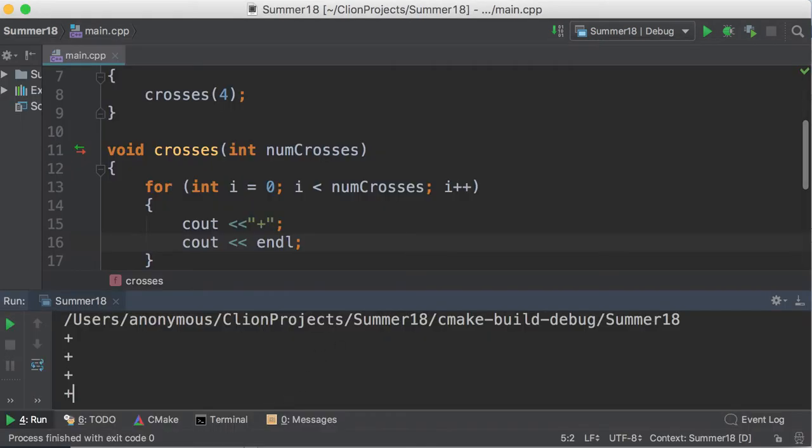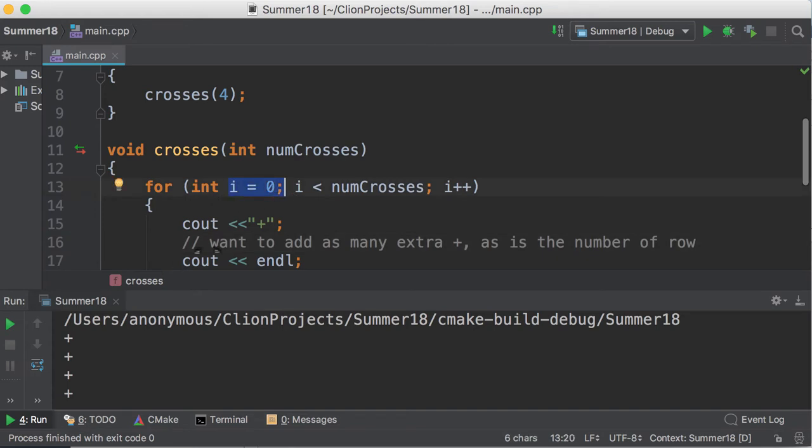So there is a relationship between how many extra pluses we want to add and what is the number of the row. Okay, so basically what I want to do here is add as many extra pluses as is the number of the row. And what's the number of the row? Well, it's actually my i, right? So if I just replace i with a variable of row, right,